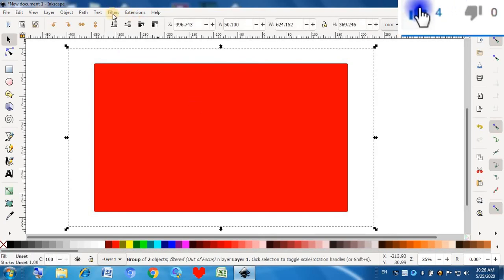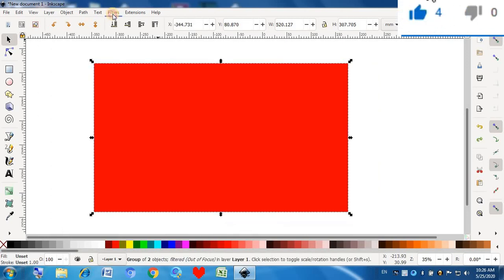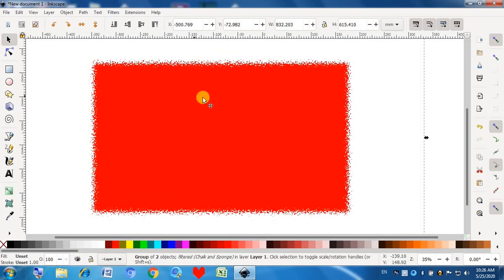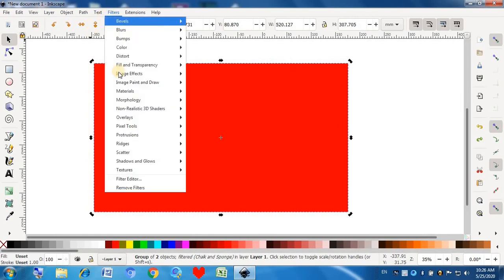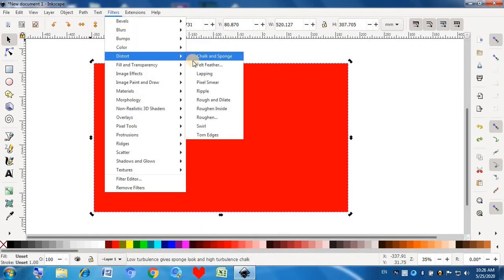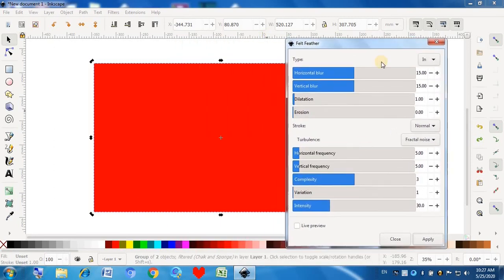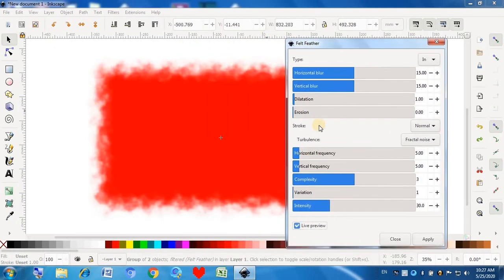Select this, Ctrl+Z. Okay, I forgot. Distort, chalk and sponge. So this looks like a cool effect. This is a pretty cool effect. Okay, felt feather. I'm going to talk about it because I have some more time, 15 minutes. Here there are many options, so live preview might be a little harder.